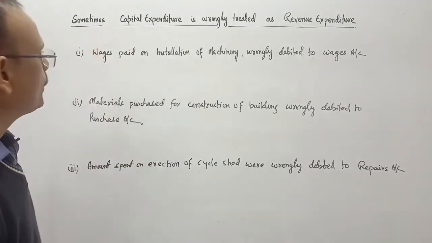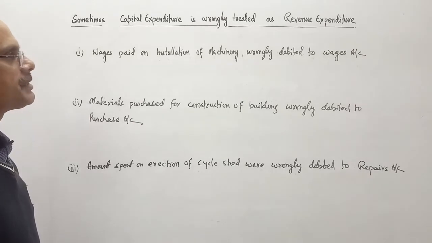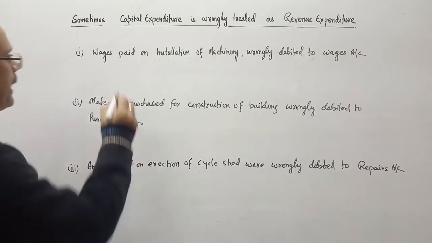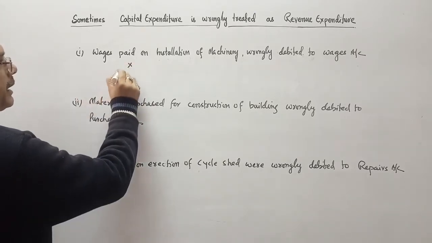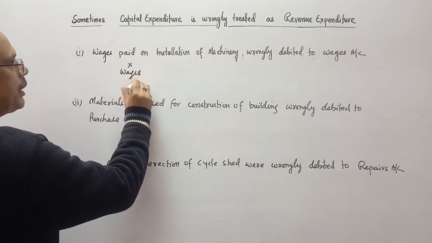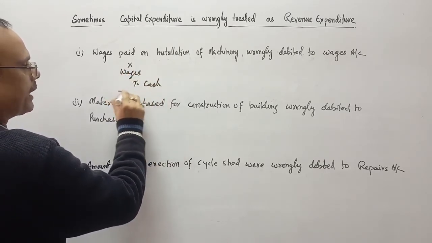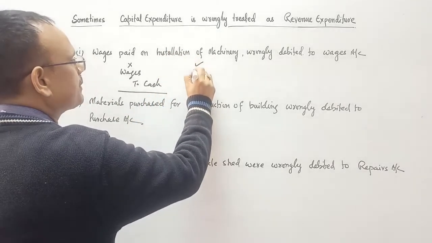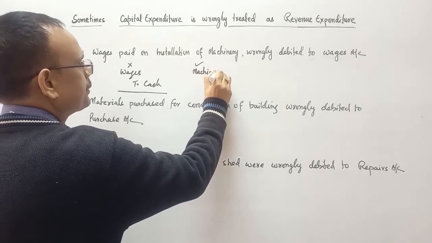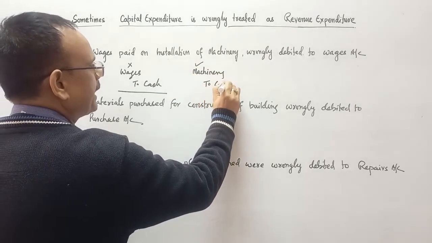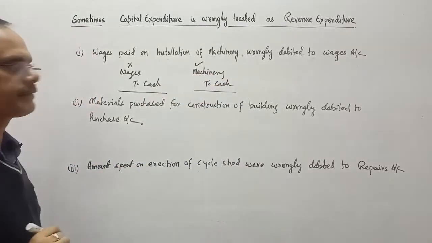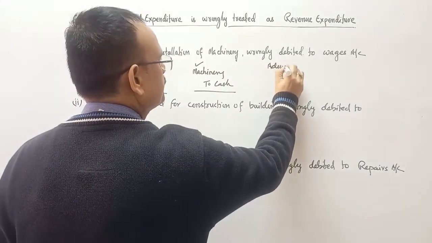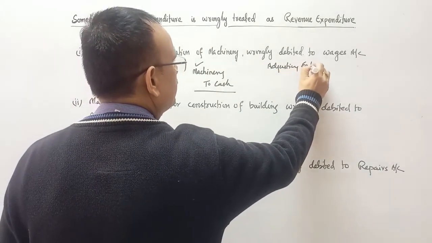Come to number 1. Wages paid on installation of machinery wrongly debited to wages account. The wrong entry the accountant has done, you know it: wages account debit to cash account. However, the right entry should be machinery to cash. Machinery to cash, this should be the right entry. Now the rectifying entry, or you can say the adjusting entry, will be